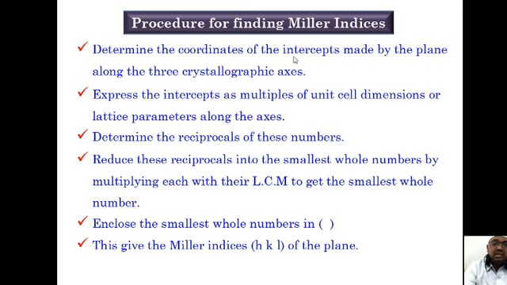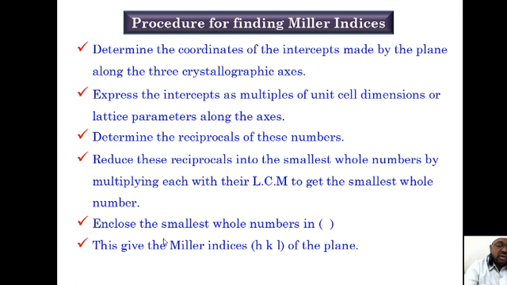You just first locate the intercept along the coordinate axes, which are called crystallographic axes. Whatever value you get, take the reciprocal of it, which will give us some fraction value. Now reduce this reciprocal into the smallest integers, the whole numbers. How can you reduce it? By taking the LCM,